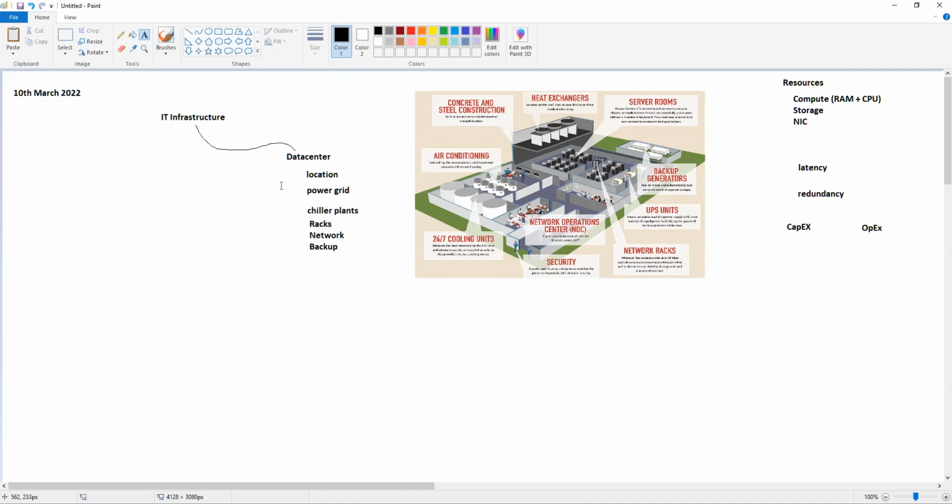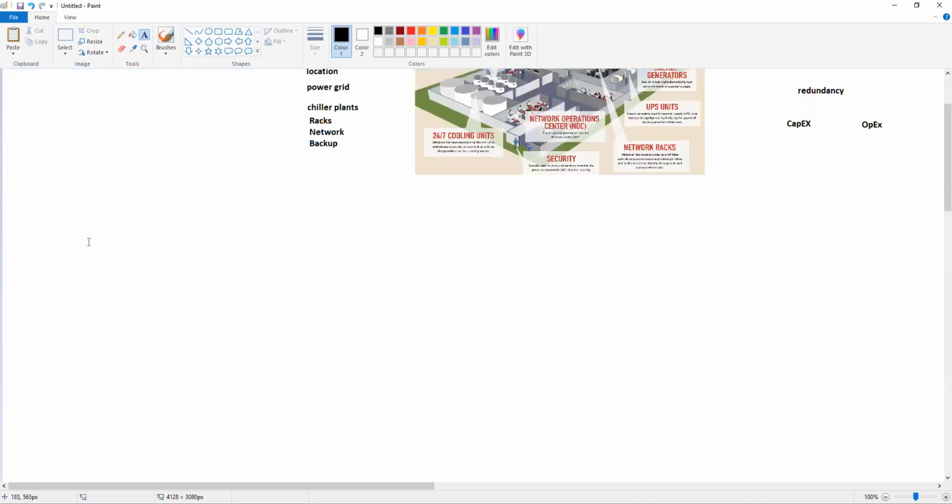So the point is that so many startups are popping up, and that is possible because we have something called cloud data centers, where you don't have to put in the capex, you only worry about the opex, right? And we'll see that as well. We'll now see the different types of data centers.